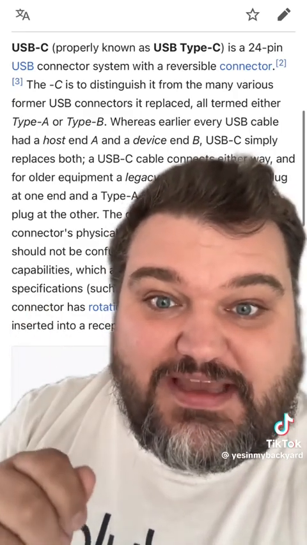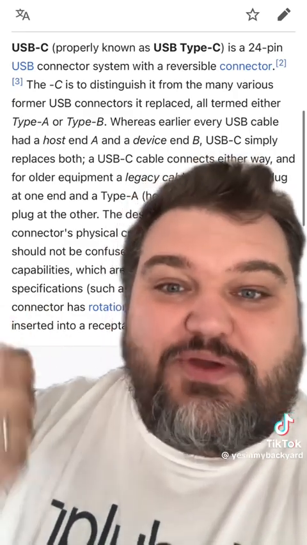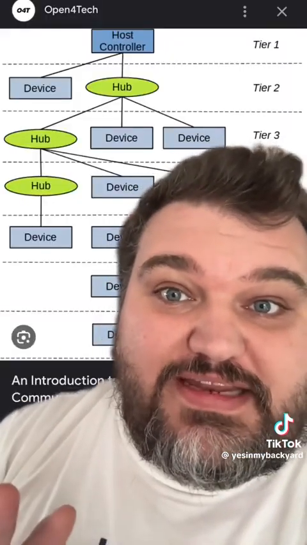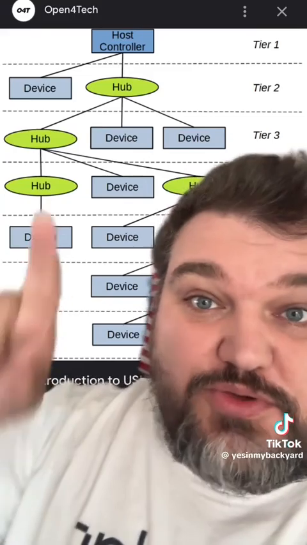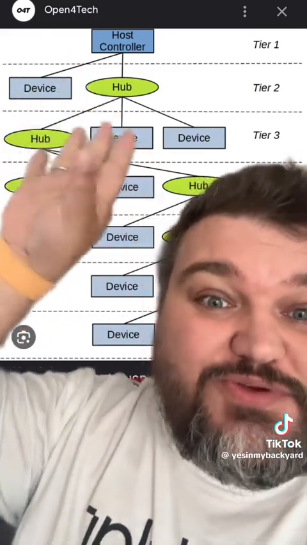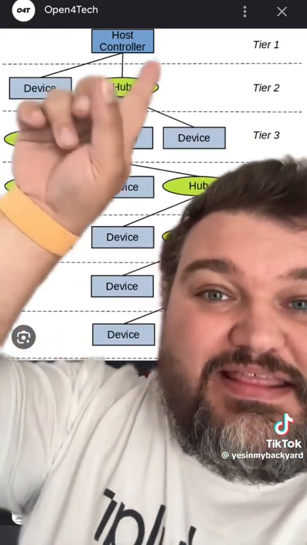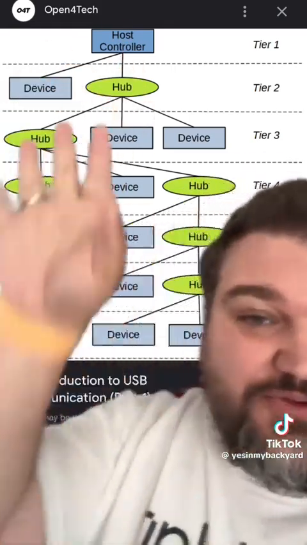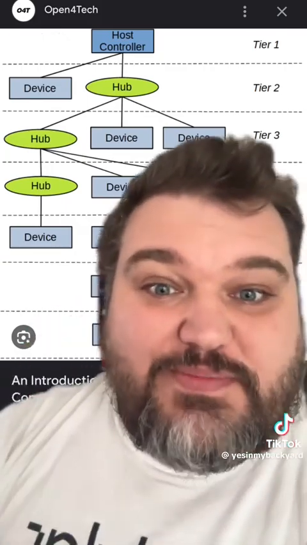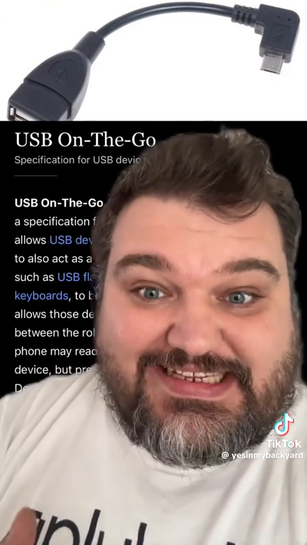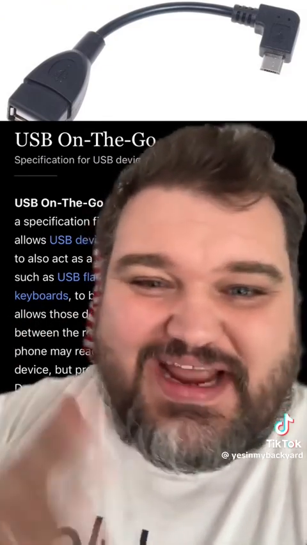They were trying to solve the case that you have a cable with two ends on it that are different. Now, back when USB was invented, it had this top-down topology where you would basically have a host controller, typically a computer, something that you plug USB devices into. That would connect to devices directly or connect to a hub, which then would connect to devices, and you could have these layers. The problem is, later down the road, it became apparent that you sometimes want a device also to be a host, but you don't want to have multiple ports on it.